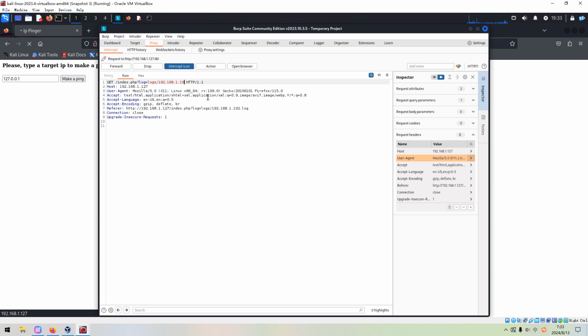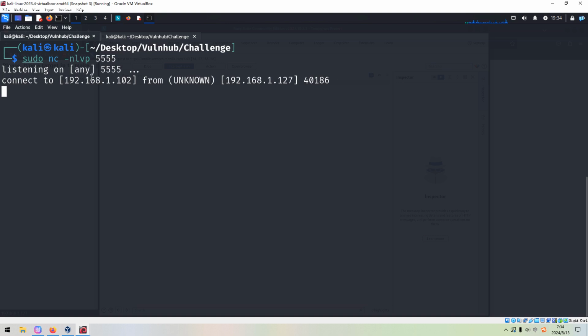Here we can change the path to include the log file. var log injects and should be access log. We can forward. As you can see, we successfully got the connection from the target.